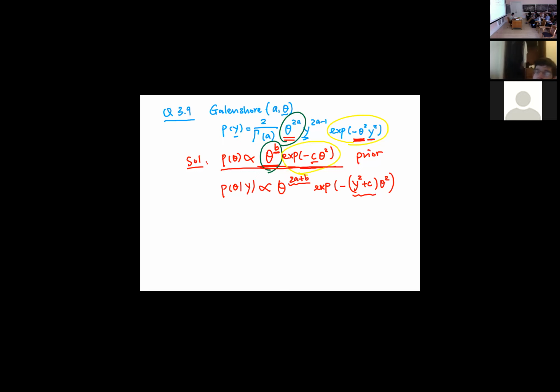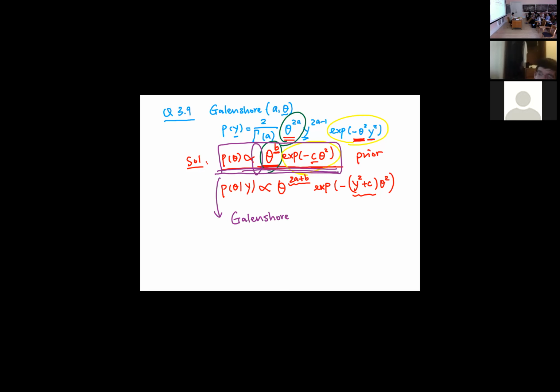Okay, that's a great question, because I should make another note here. Some of you were asking, how am I supposed to know that this is a proper density? I don't know if this is going to integrate to 1. How am I going to deal with the normalizing constant in front? For the homework, if you have done this, it's good enough, but the question is definitely legitimate. So another set of solutions that we can have is, in fact, the Galen-Shor itself,